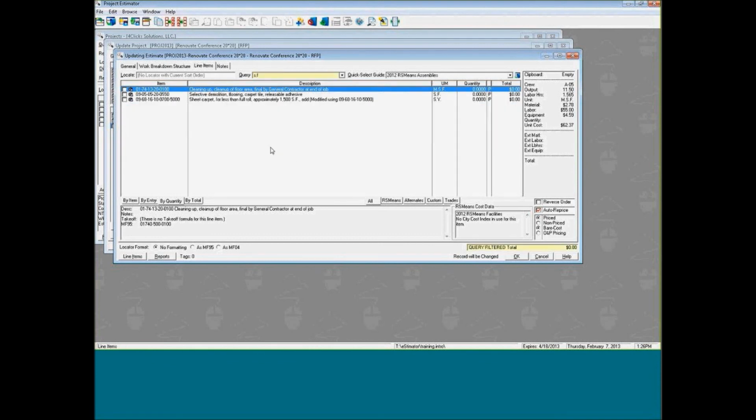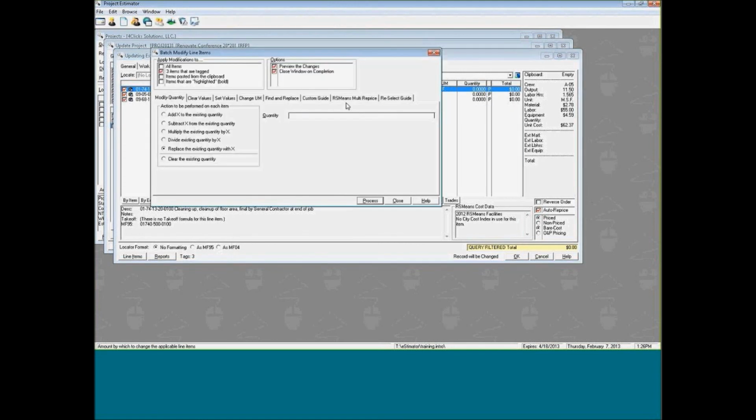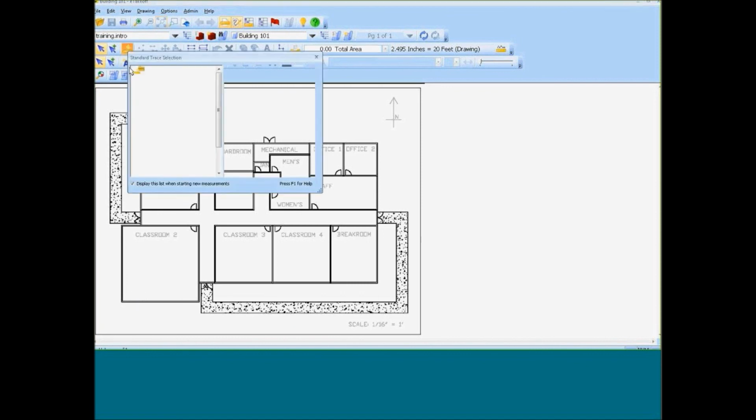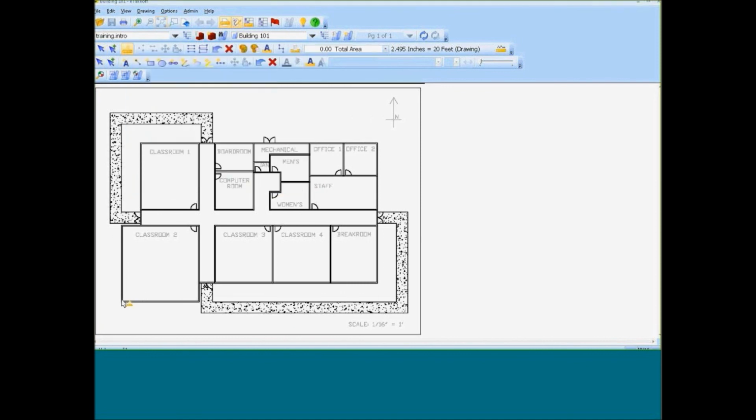So I'm going to tag all of those line items. I'm going to modify them with eTakeoff. So I'm right-clicking in my quantity field. I'm going to click Grab Quantity from eTakeoff. As David noted earlier, you can pull down any type of drawings, electronic format that you have within Project Estimator and eTakeoff. And I'm just simply going to mark up eTakeoff and try to get the correct quantities for this